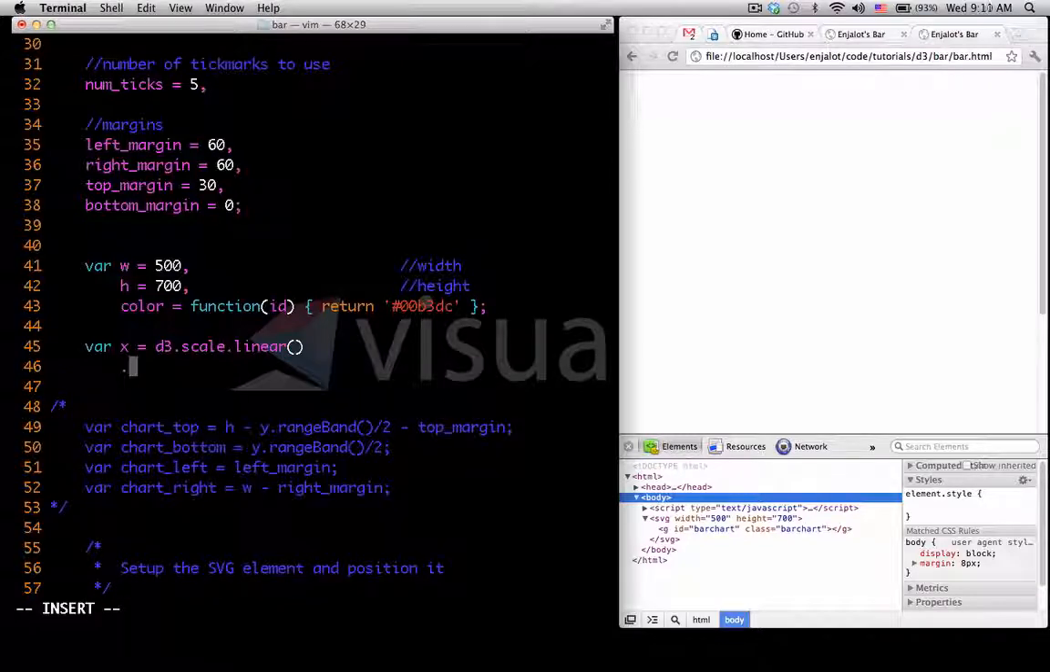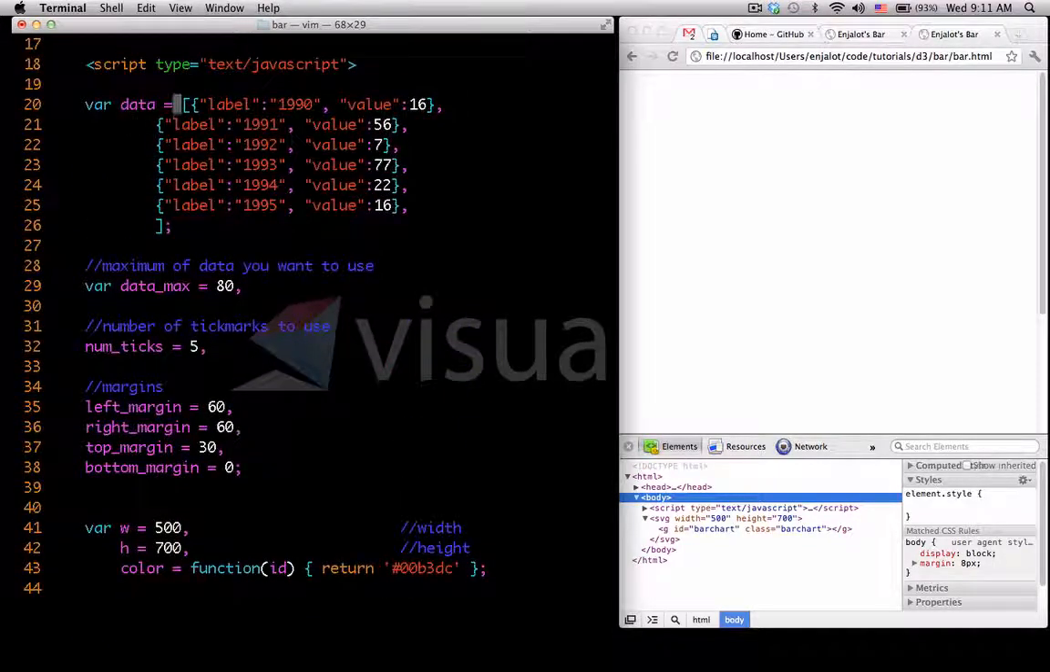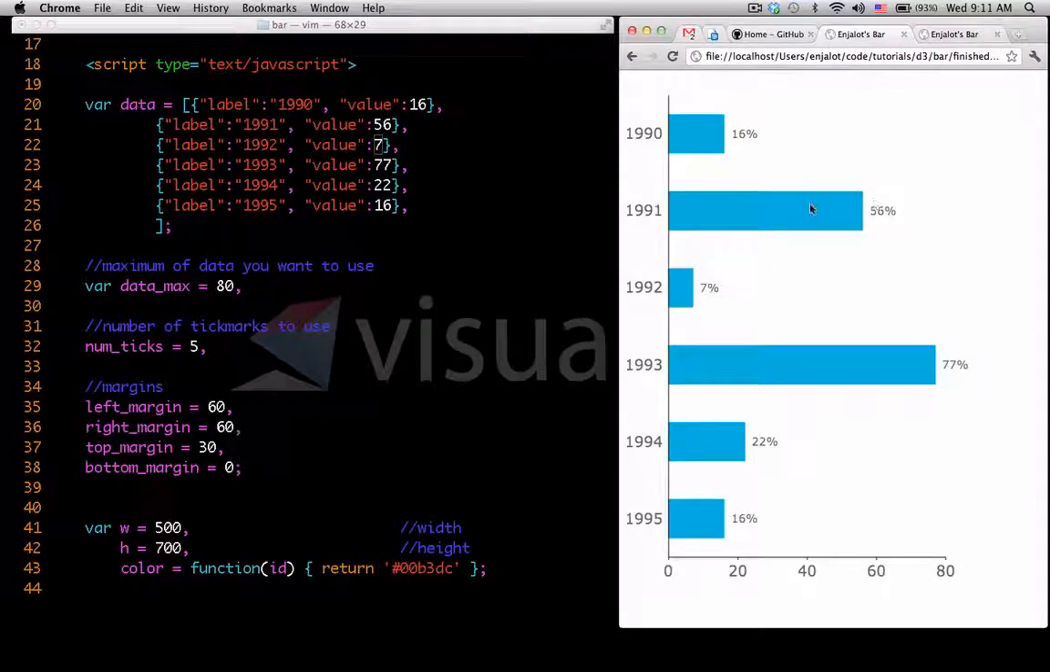because our data, if you look, we have these values 16, 56. So our values go from 0 to some number, right? And we chose 80 as our maximum number. So all our data is going to be between 0 and 80, and we want to draw bars like this. So we want to be able to get the length of our bar that we're going to draw from the data, but we want to fit it to however wide our graph is. So to do that,